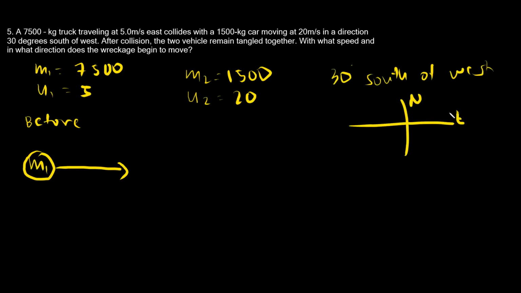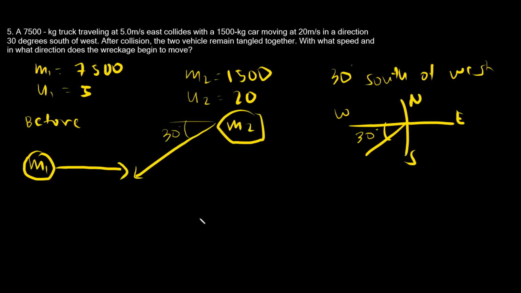Using north, east, west, south, 30 degrees south of west, this is your 30 degrees. If you illustrate it, it is there. Okay, that is the 30 degrees. This is mass 2. Now, the question is, after collision, with what speed and what direction does the wreckage begin to move? So in this problem, since they remain tangled together, it is an inelastic collision. Solving the problem using the law of conservation of momentum, you have